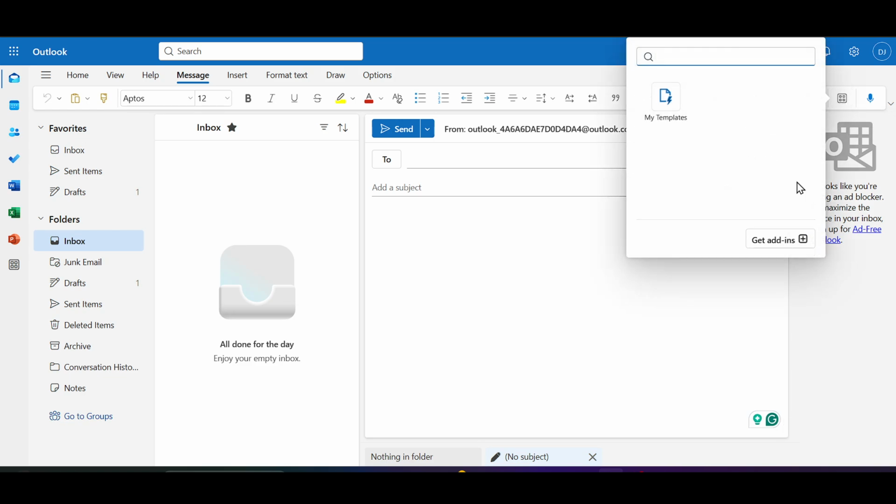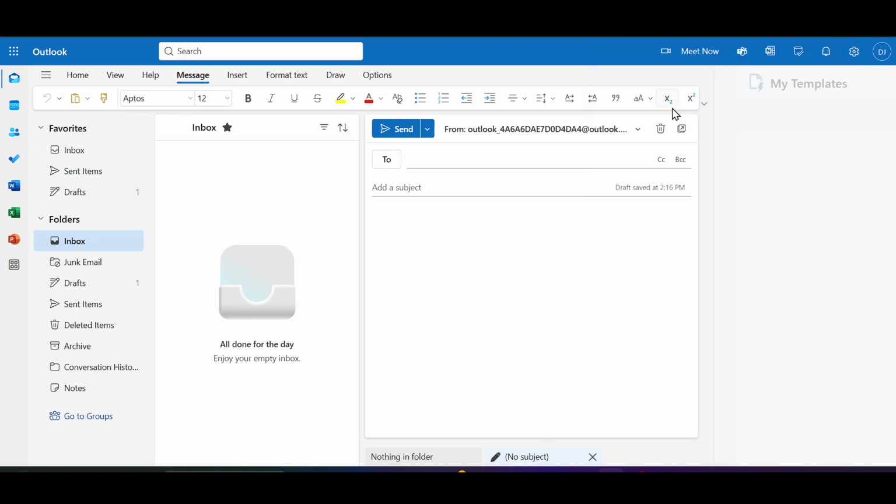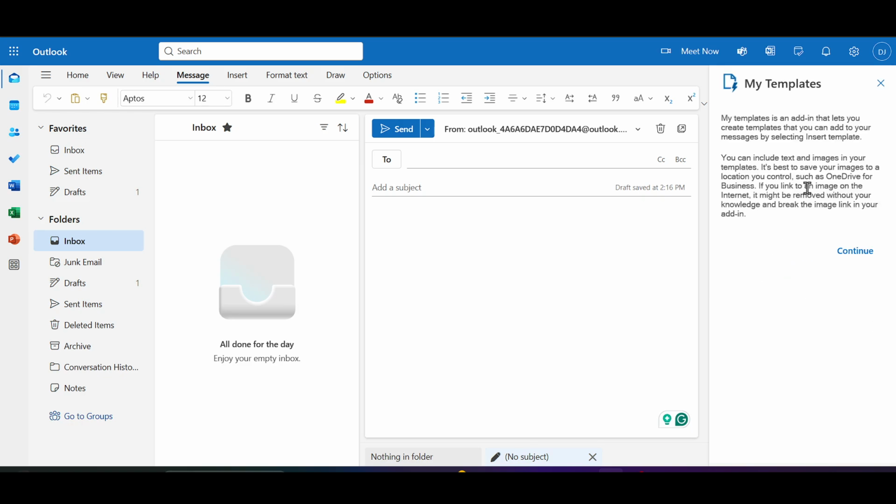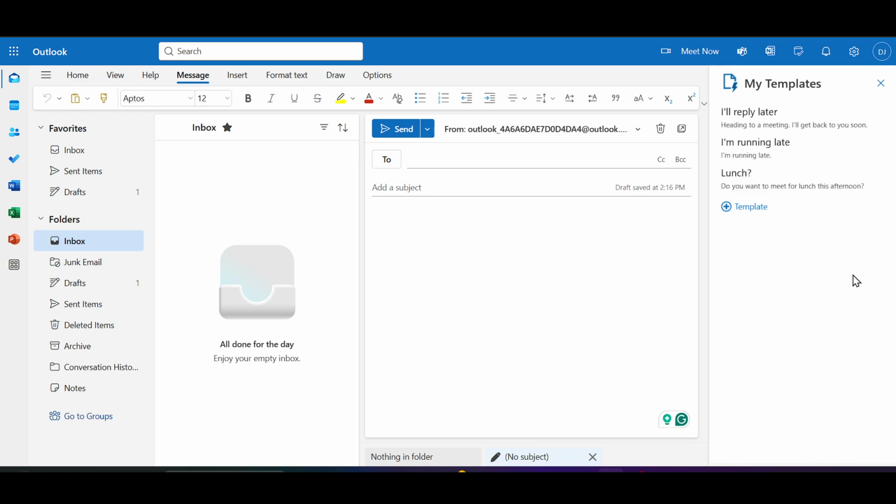Click on it and then just simply click on My Templates. I currently don't have any templates, but if you have a template, you will see the HTML of that template. You can just simply copy it and then paste it here and then you will be able to insert the HTML, and in here just type in the email address that you want to send the HTML code to, and this is how you can insert and send